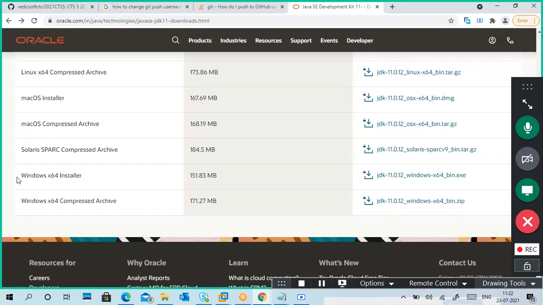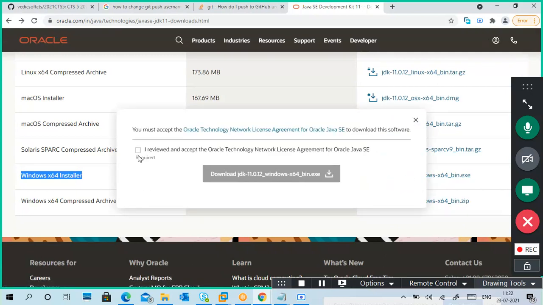For Windows, the installer, for me it's 64-bit. Yes, sir, for me it's downloading. Downloading, right? Okay, good.